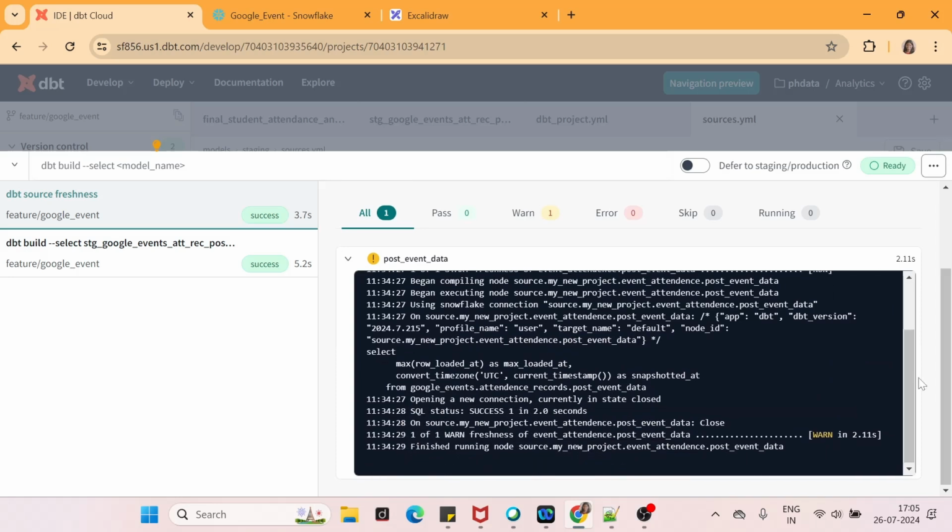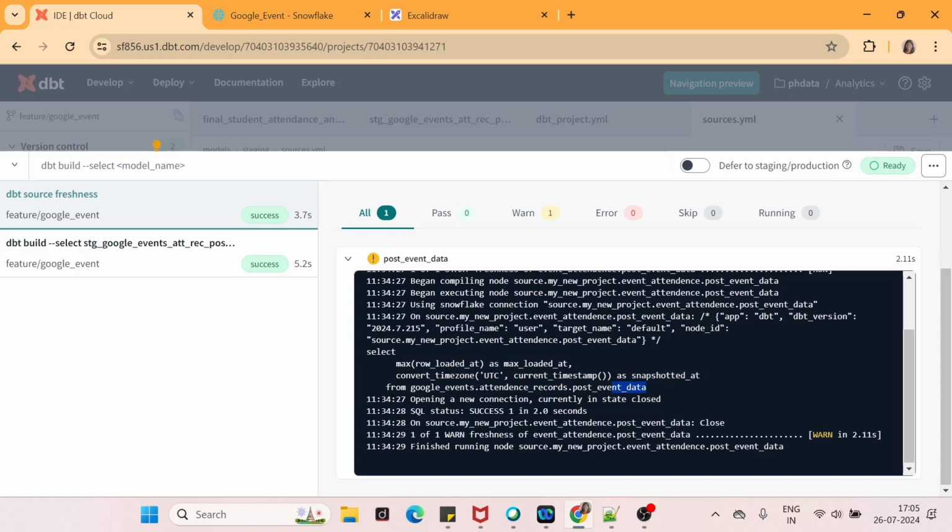So here you can see how it internally calculated. This is the query which it runs: select max of row loaded at, which is the timestamp field I defined in the loaded at field section. Then it takes the current timestamp and declares it as snapshot data from your table name.